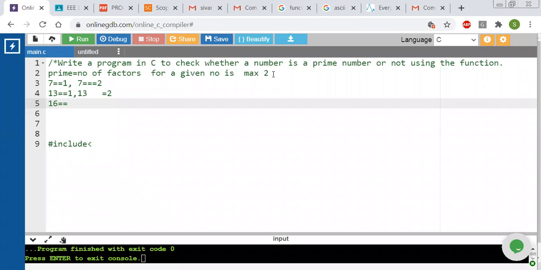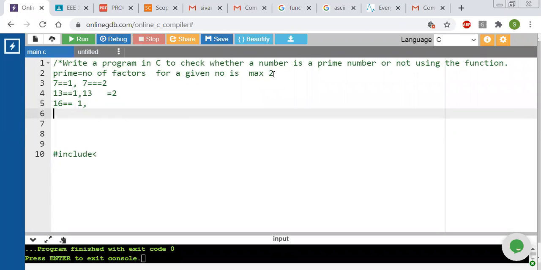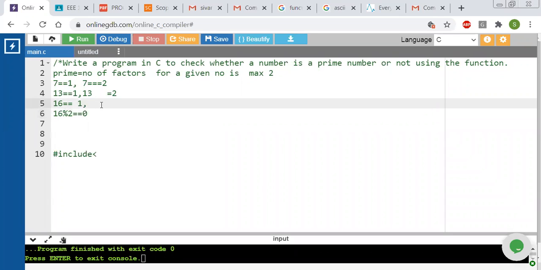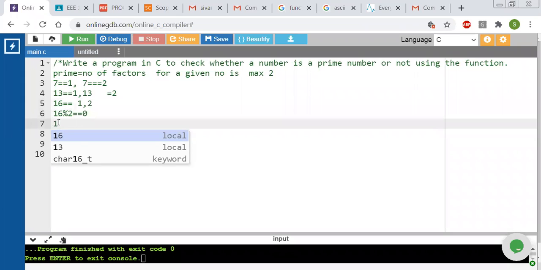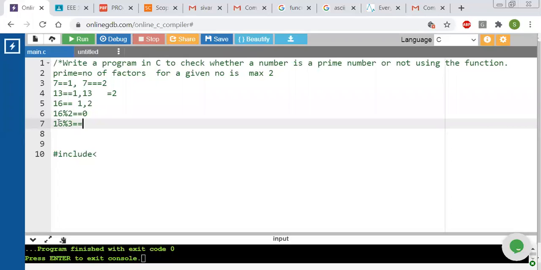As we know, 1 is a common factor. Let's verify with this example. 16 mod 2 is equal to 0, so we can take 2 as a factor. Next, 16 mod 3. 3 into 5 is 15, so the remainder is 1.